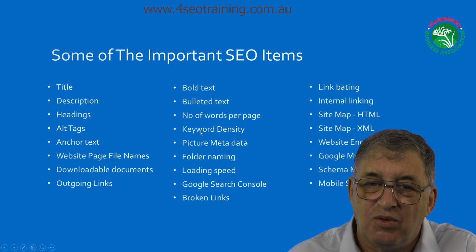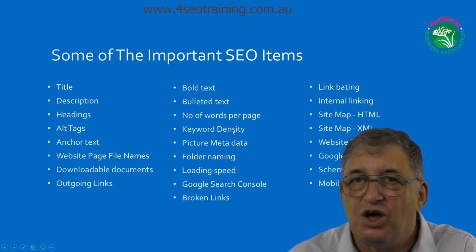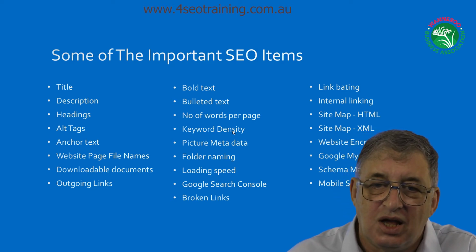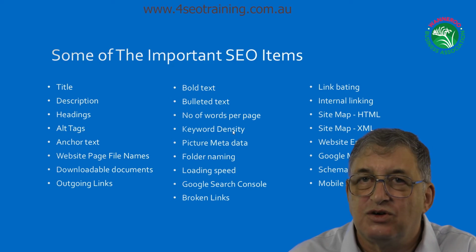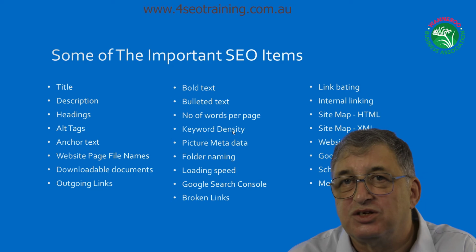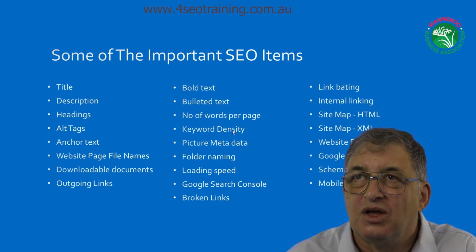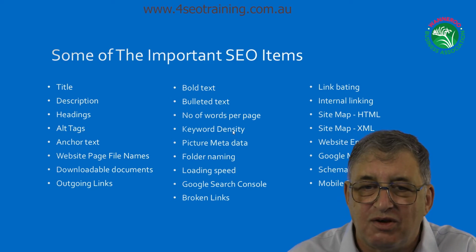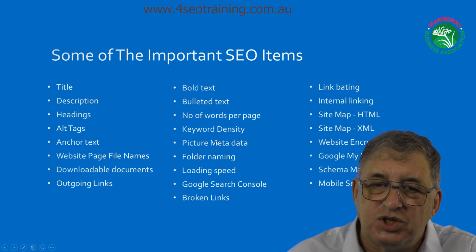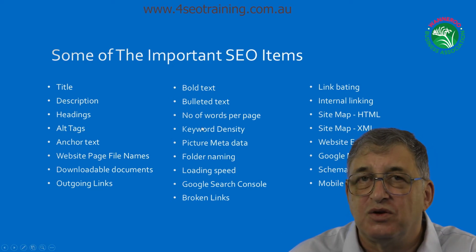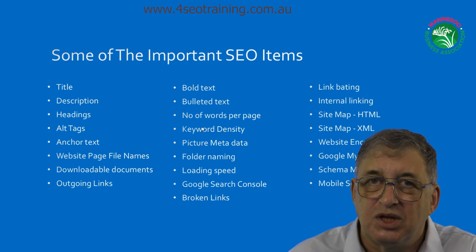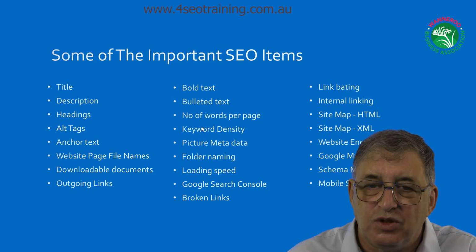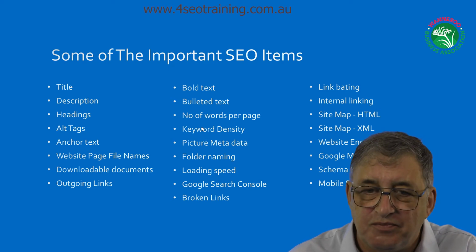Things to worry about are things like keyword density. So if you have the same phrase repeated over and over again, let's say, for the sake of argument, the words "SEO training" repeated over and over on a page, and as a percentage of the total words on that page it was, I don't know, a 7% repeat rate, that would be far too high. That would seem very, very spammy. So whenever you produce copy on your website, by all means put your keywords in there, but don't overdo it. Don't just pack them in, because you'll get penalized rather than helping your website.